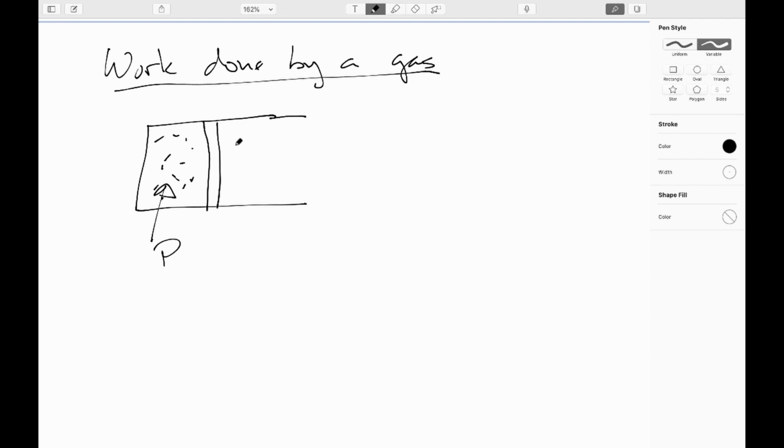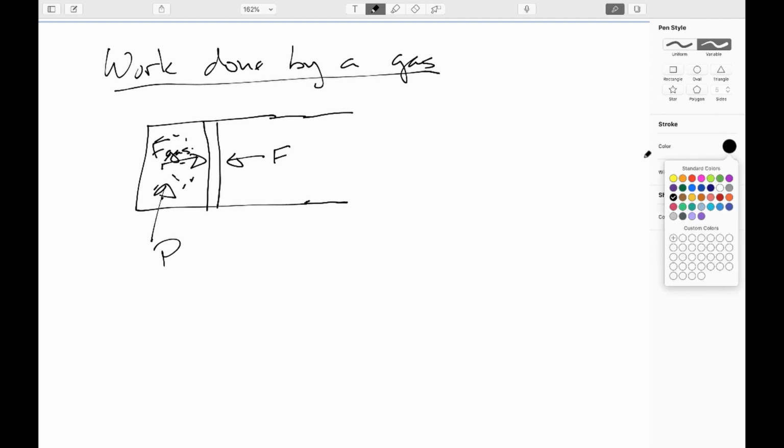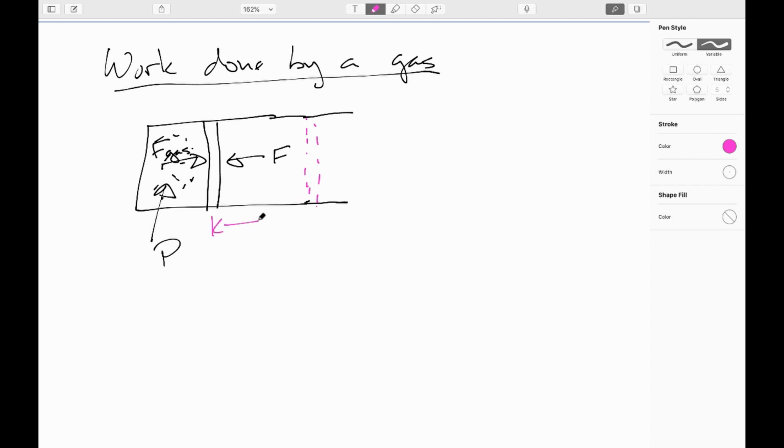Now, because the piston wall is just sitting here, it's got to be the case that the force due to the pressure on the outside is equal to the force being exerted by the gas from the inside on the piston wall. Now, let's say we go ahead and heat this gas up. For instance, we ignite the fuel-air mixture. Because we heat it up and we're open or exposed, in this case, to the atmosphere, the pressure isn't going to change. So that means that after the power stroke, let's say the piston moved out this far, some distance,